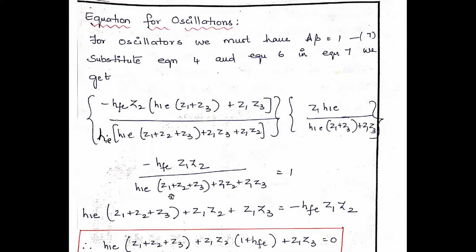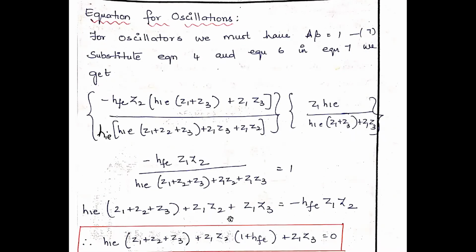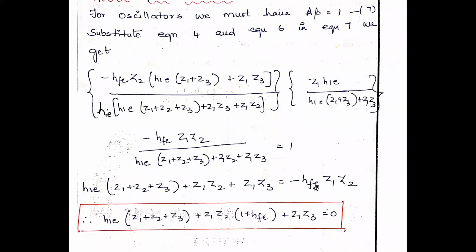Okay. Now let us cross multiply the denominator to the other side. So we will have minus HFE Z1 Z2 is equal to this term. Okay. We got this relation. Now send this negative term to LHS. It becomes plus, isn't it? So remaining as it is. HIE into Z1 plus Z2 plus Z3 as it is. Z1 Z2 as it is. Okay. Here, this term, already we have Z1 Z2 here. One more Z